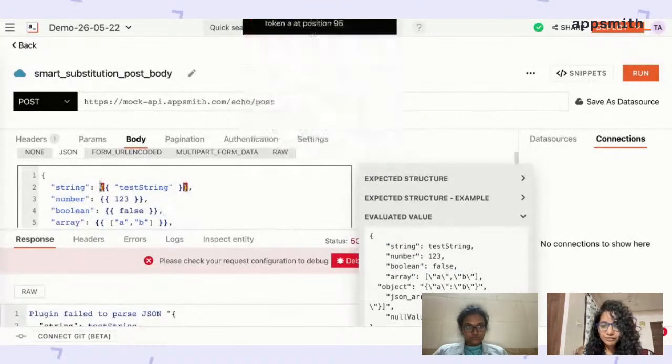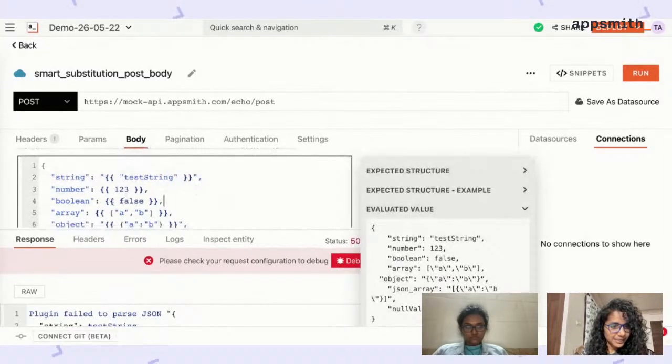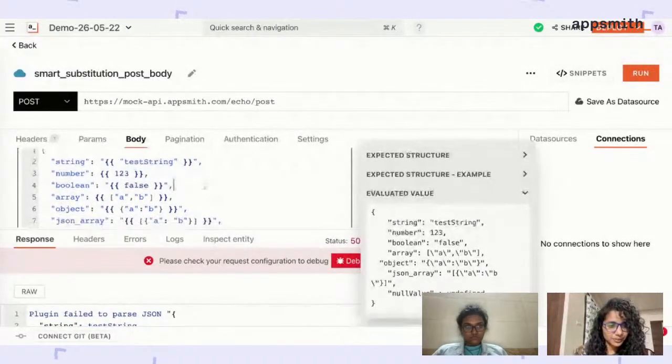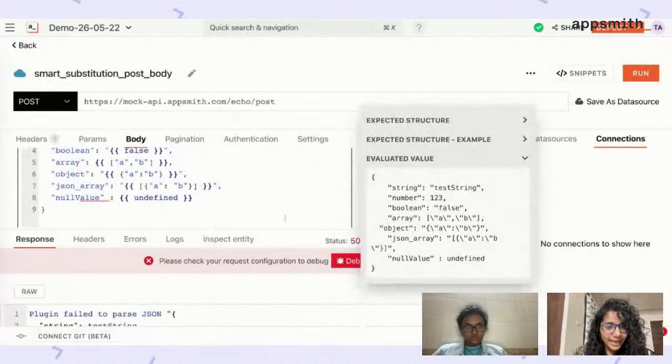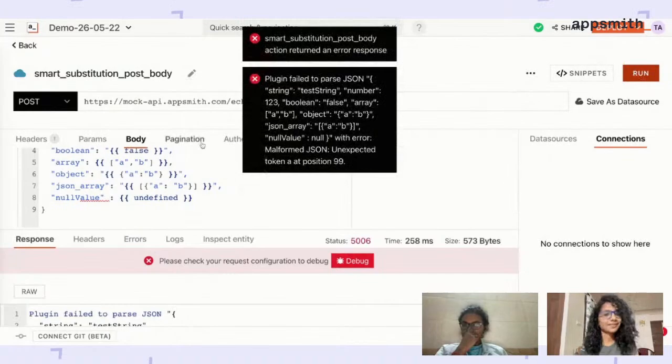And for me to actually fix this, I'm going to add quotes here. I'll have to add quotes here. There wasn't a way for us to send a Boolean value as Boolean value. I have a feeling I wouldn't be able to fix this at runtime, but basically some of these are